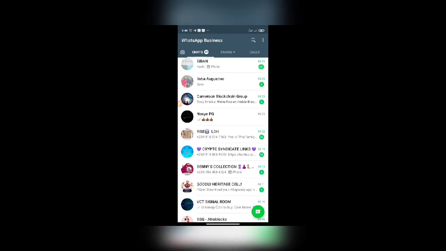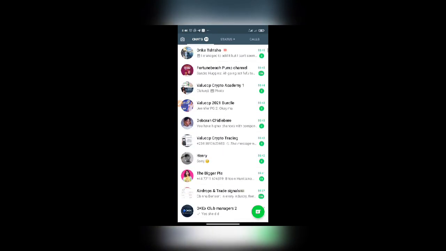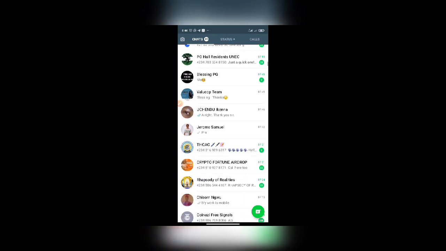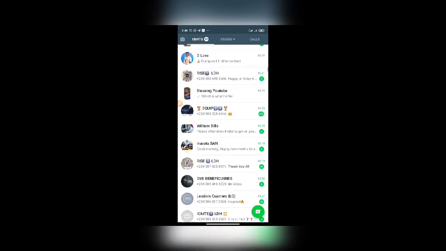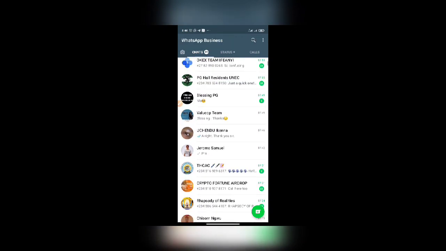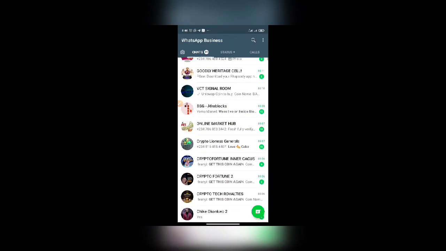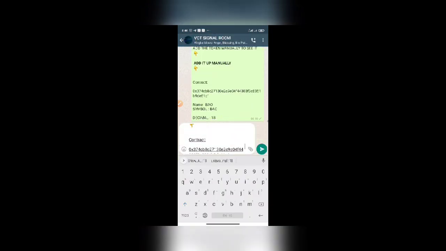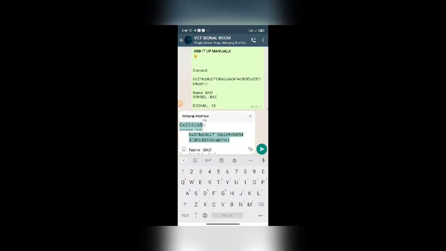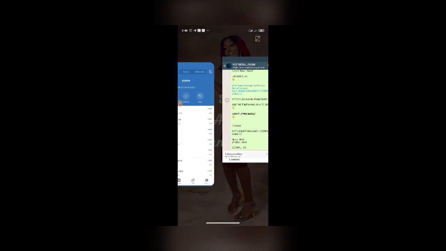Here's an example of a contract address. I'm trying to get one. Okay, let's use this. Now this is the contract address here, so you copy it. When you copy the contract address, you go to